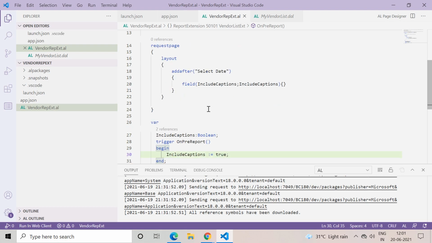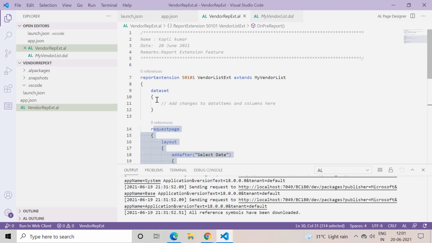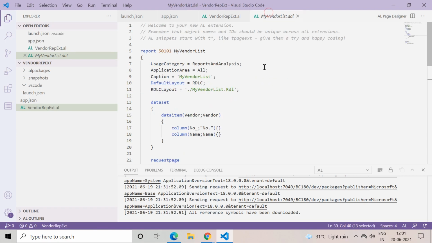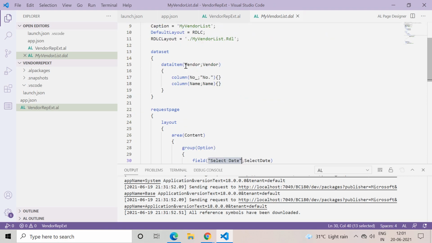Okay, so now this section is completed. Now let's come to the main part, which is the data set. In the data set part, we have seen that in the current existing report, we have one data item called vendor. And here we want to add the address of the vendor also.